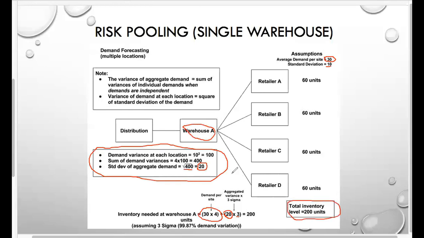So by aggregating all the demand across 4 sites, we're able to reduce inventory by 40 units. Okay, so as a result, we have decreased inventory. Now, when you do this, realize you have other factors involved. You have transportation costs that you have to worry about, storage costs at warehouse A. You know, there's a big list of these in the book for this week's assignment.